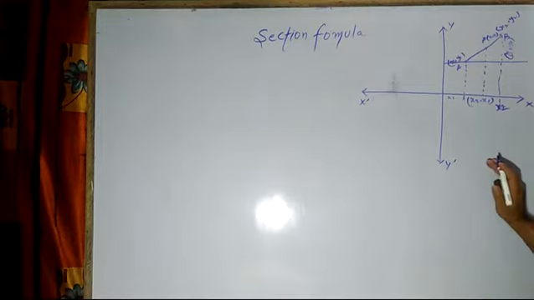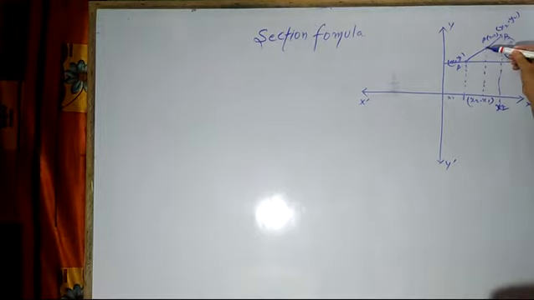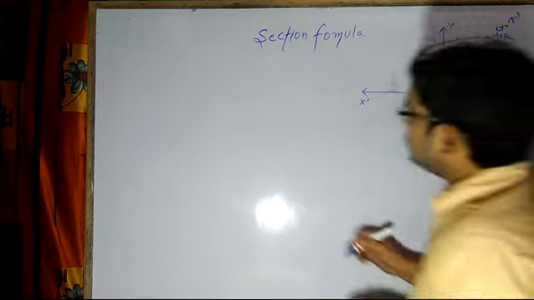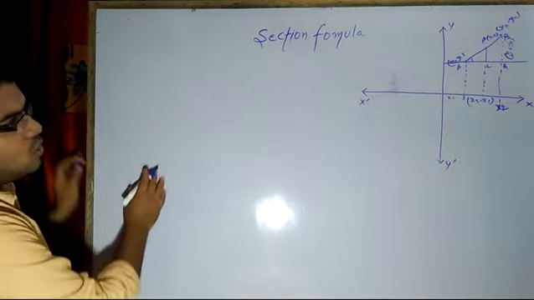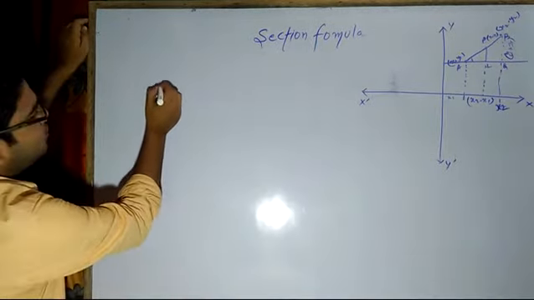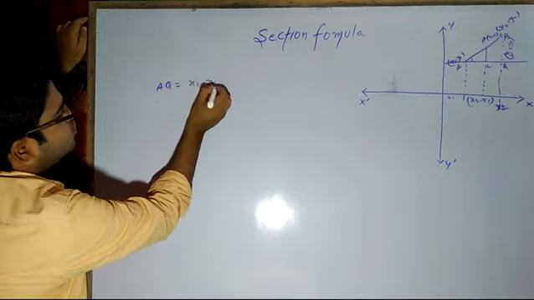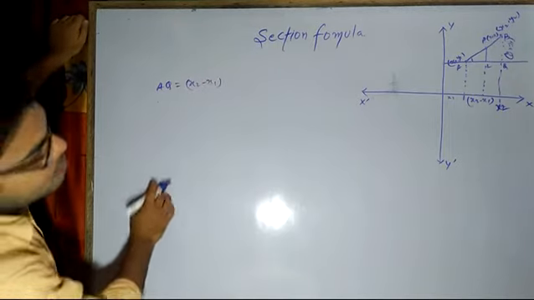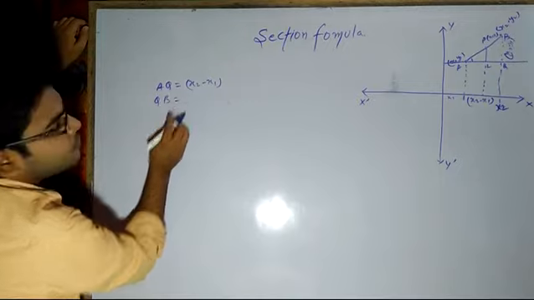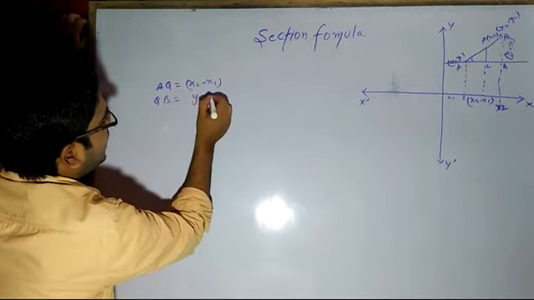Now, the similarity chapter we have not studied yet. It will come in the geometry part. But from geometry, this much you understand right now. Suppose this angle in the triangle is L, and here we have Q. All of us know that AQ, the length from A to Q, is equal to x2 minus x1. Then QB is equal to y2 minus y1.